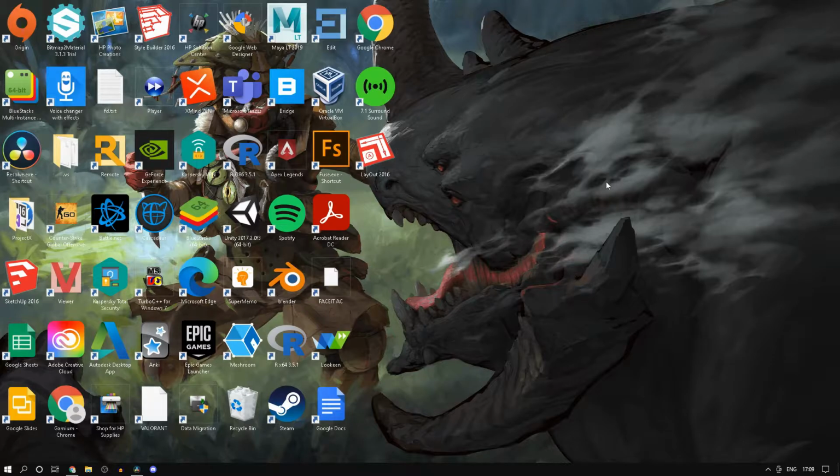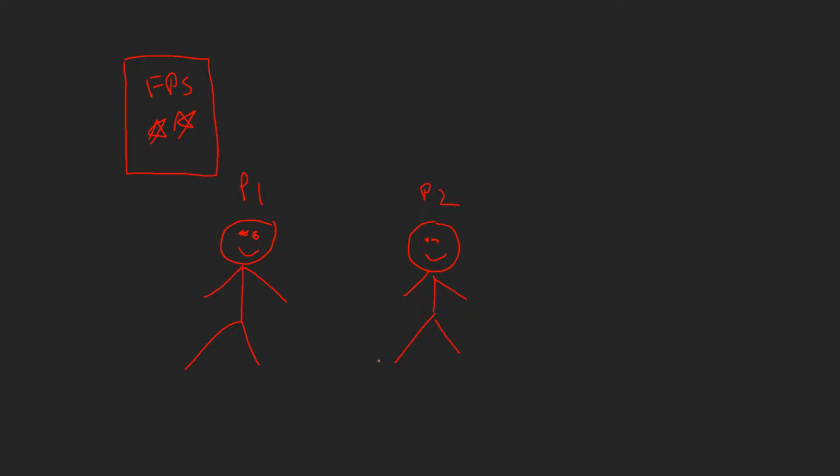So let's begin, guys. Okay, let's pick a starting point here. You have created an amazing FPS game. The game's good, and you've tested it on your own system and everything seems to be working fine. You create a server system and ask your friends to join. Now you both are connected into the same lobby. That's amazing. You're playing a match right now.